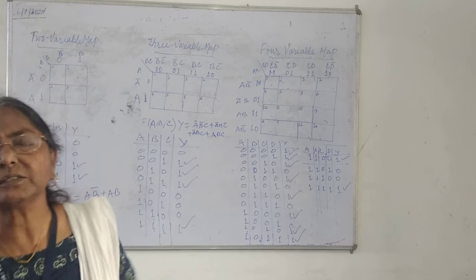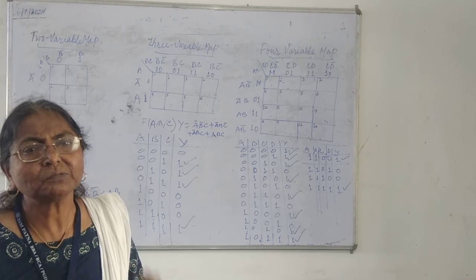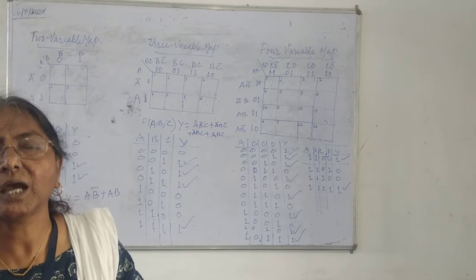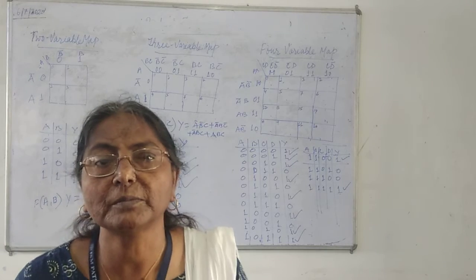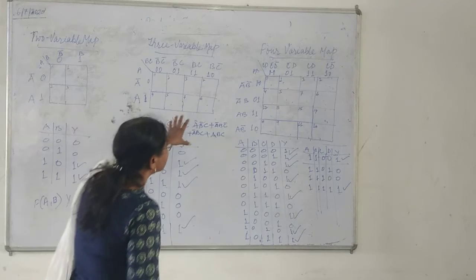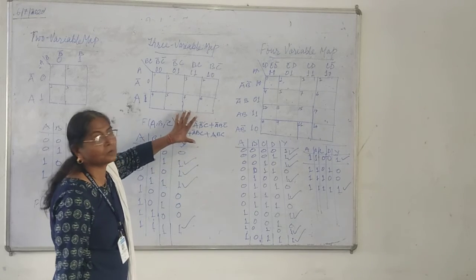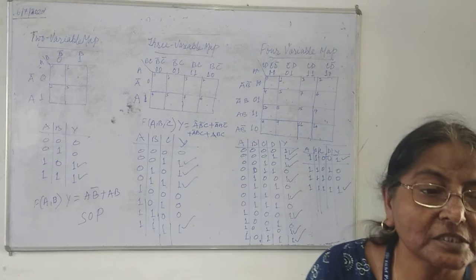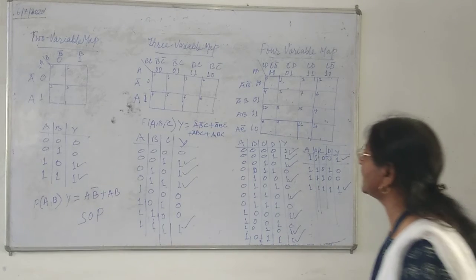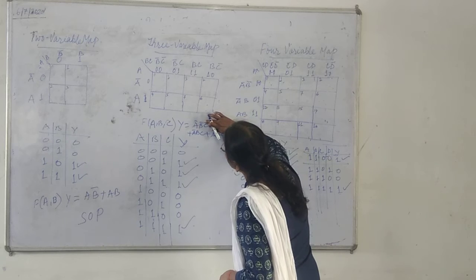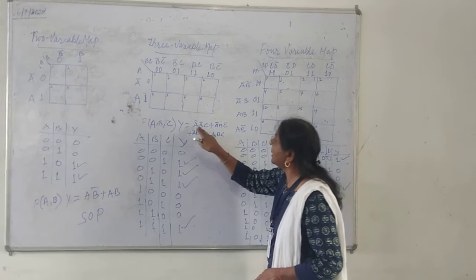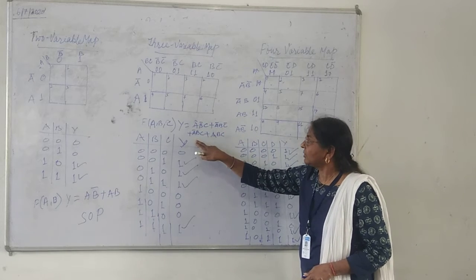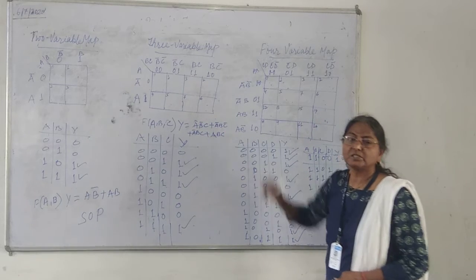It is a standard sum of product equation because each fundamental product contains all the variables either in its complemented or uncomplemented form. So this SOP equation will be called the standard equation or canonical representation of SOP. So what equation have I got here? I have got A bar B bar C, or A bar B C bar, or A bar B C, or A B C.